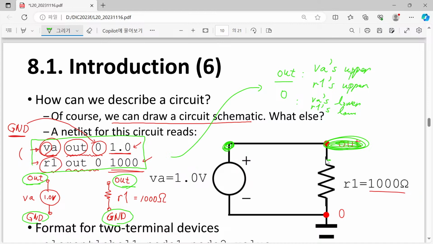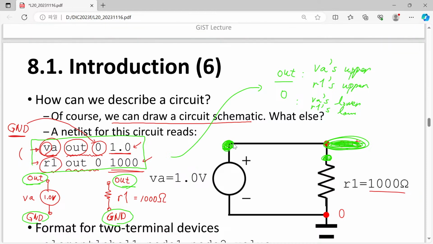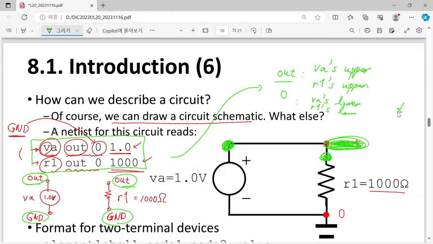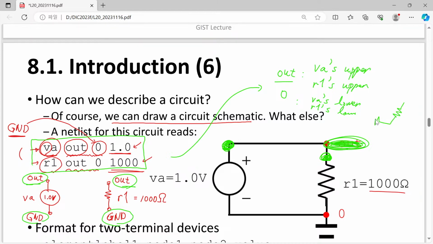For example, if we have a terminal without this node specification, maybe someone can try to make a certain grammar like the upper part of our voltage source is connected to the upper part of our resistor. But it is really inefficient, because if we have multiple elements, then obviously it will fail, because